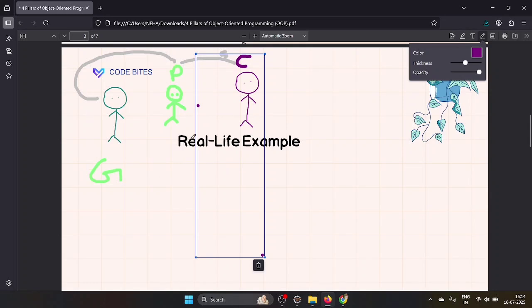Even if the parent's height is different, it is getting inherited from grandparent to parent, parent to child. This is what we can say is inheritance: one class acquiring the properties from another class.